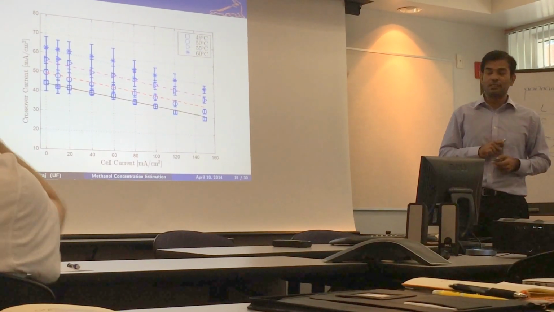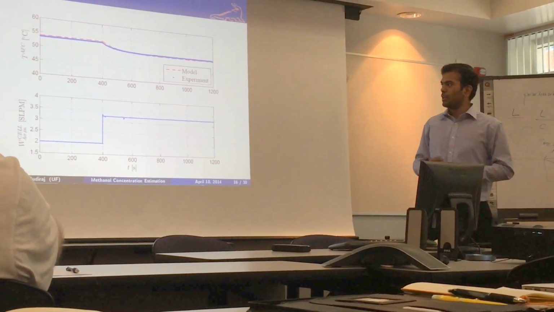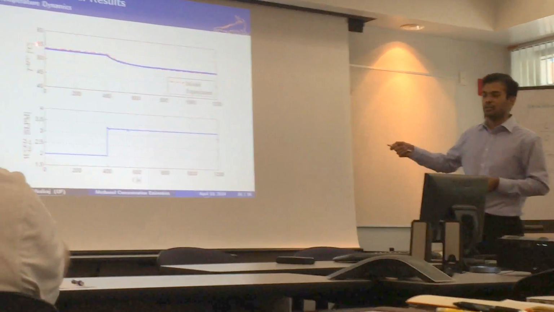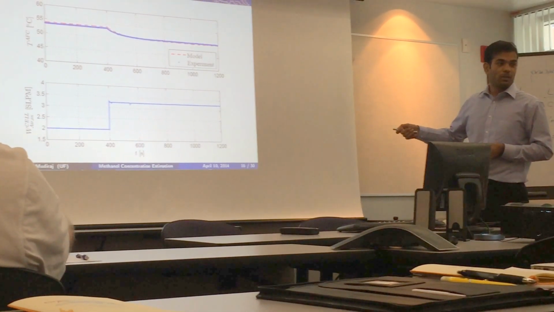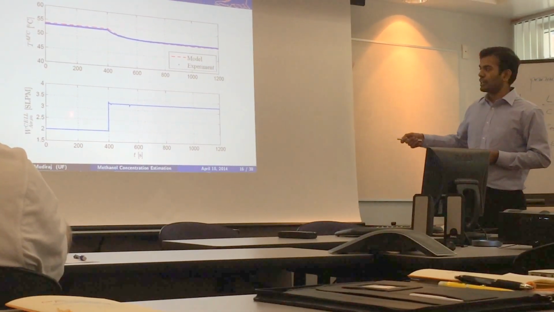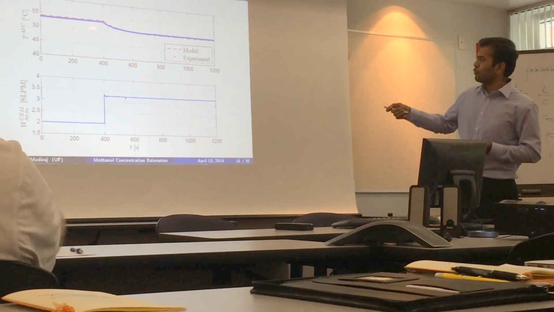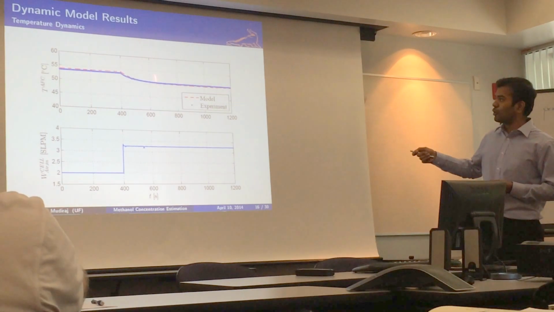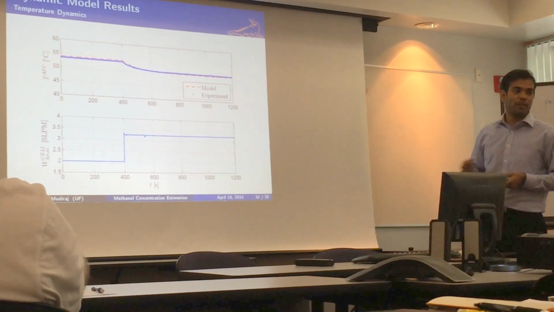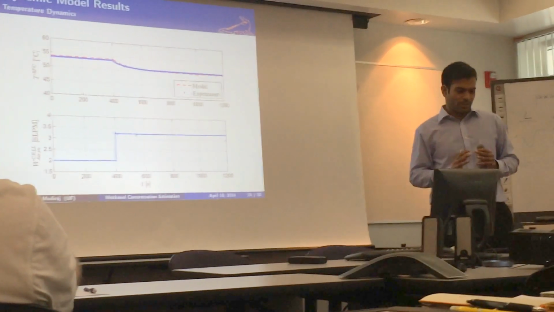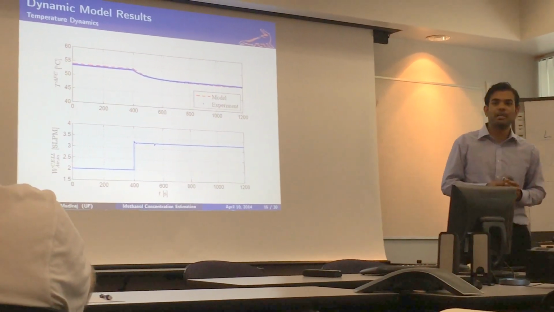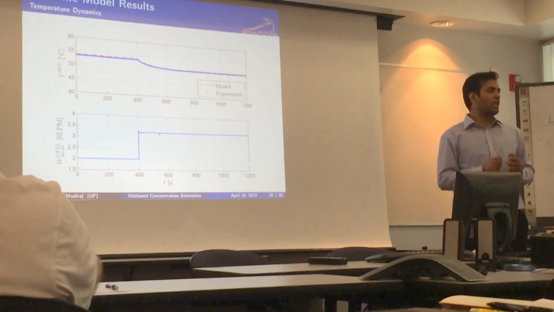Now let's go to the unsteady state model, or the dynamic model. Here we show the dynamic response of the anode flow channel temperature to a step change in the airflow rate. We can see that the model again predicts the experimental data pretty well. The time constant and the steady state values are in good agreement. So these 2 graphs tell us that our model can predict the behavior of the system with good accuracy.